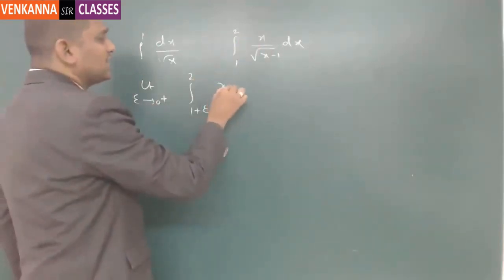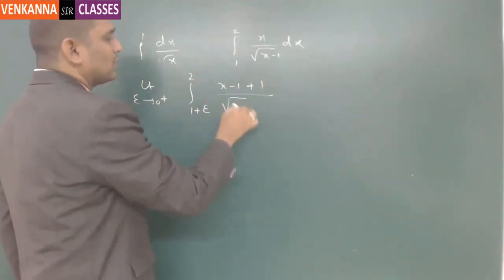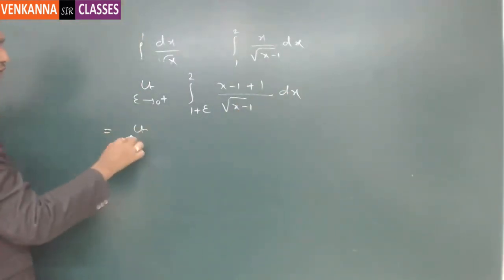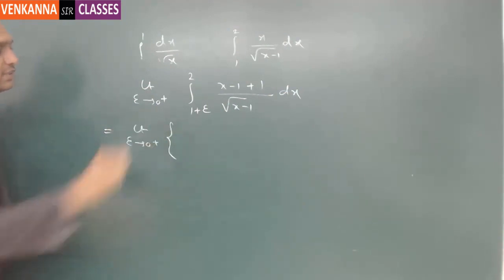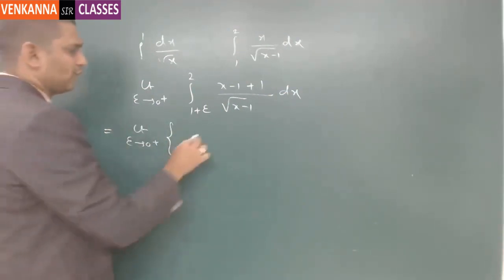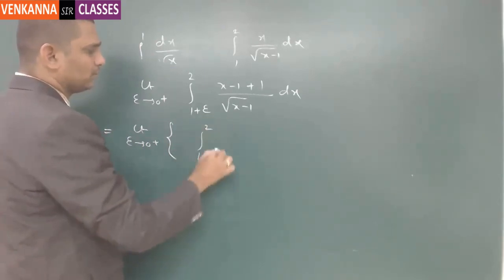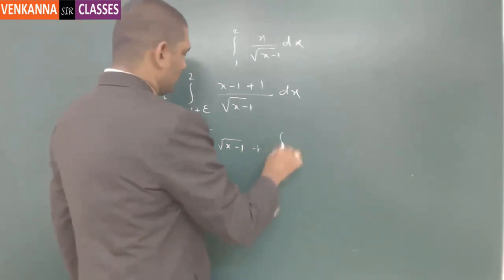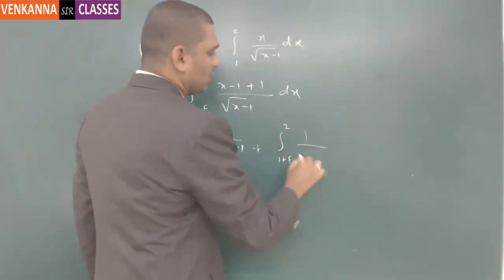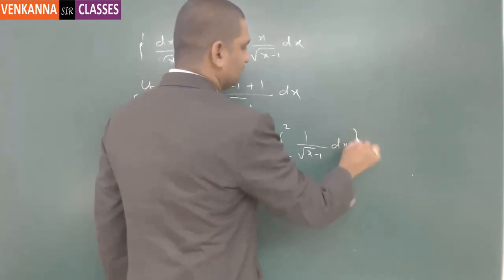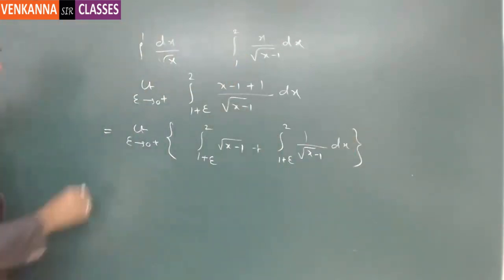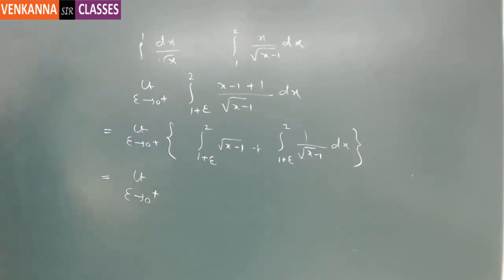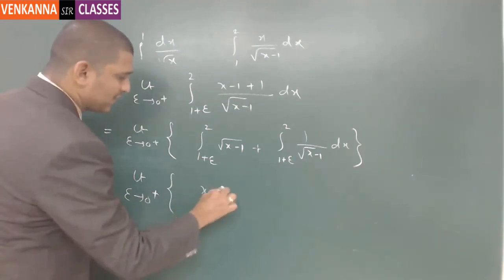For this we do the integration as x minus 1 plus 1 by root of x minus 1 dx. So this is equal to limit epsilon tends to 0 plus. Separating this, for 1 you have 1 plus epsilon to 2 root of x minus 1 plus integral 1 plus epsilon to 2 1 by root of x minus 1 dx. So if you go with the integration, limit epsilon tends to 0 plus, so here it will be x minus 1 whole power